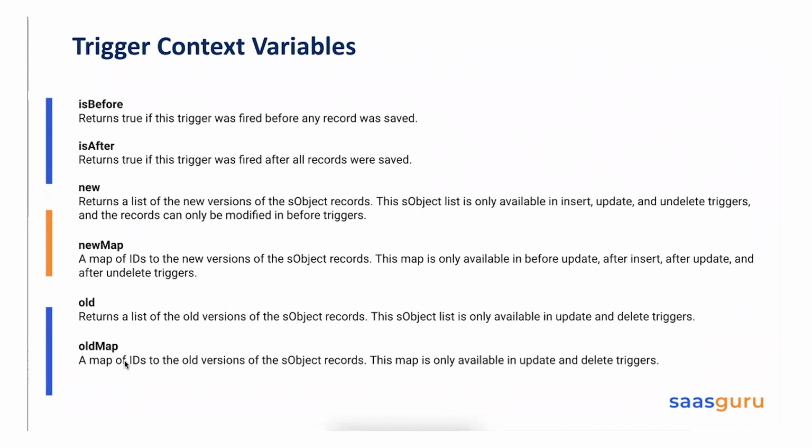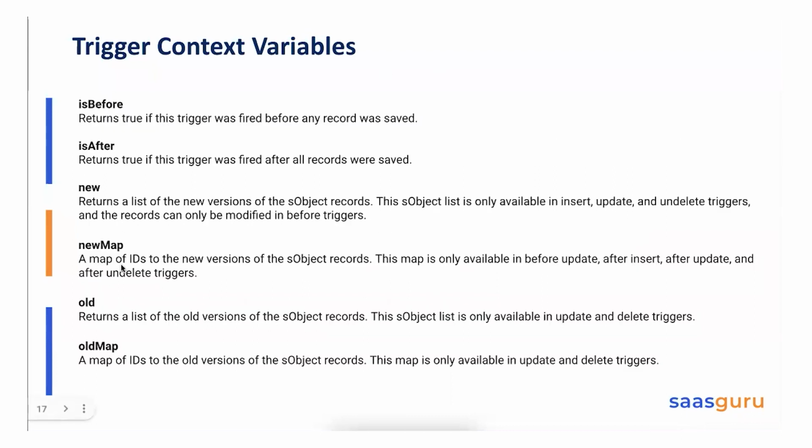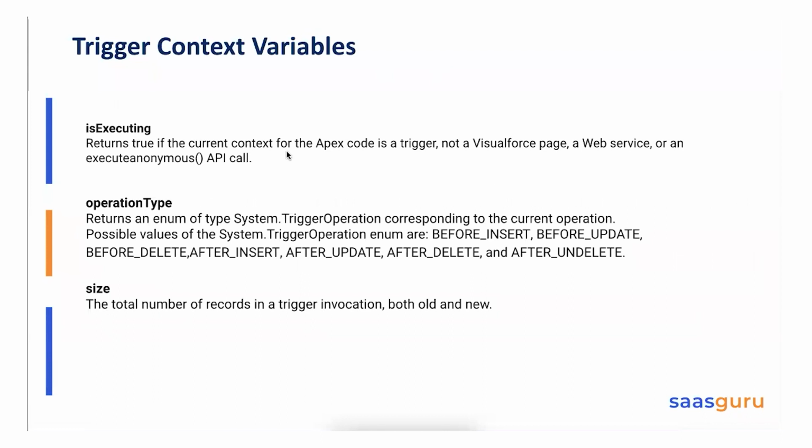Directly we can call the old map, take the record ID coming from trigger.new, and find the corresponding record from the old map. The context is update or maybe delete, not insert. Okay, in the same trigger context variables, because we are still in the context variables, we have is executing, and this is very helpful